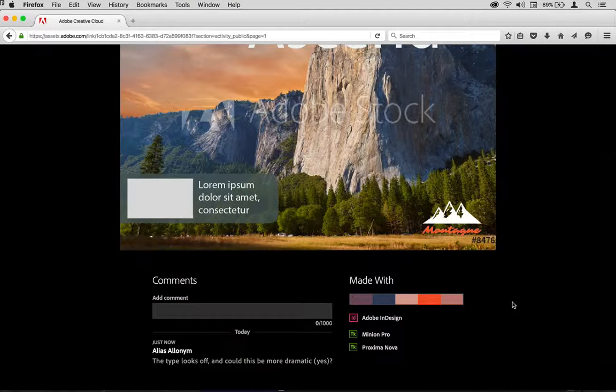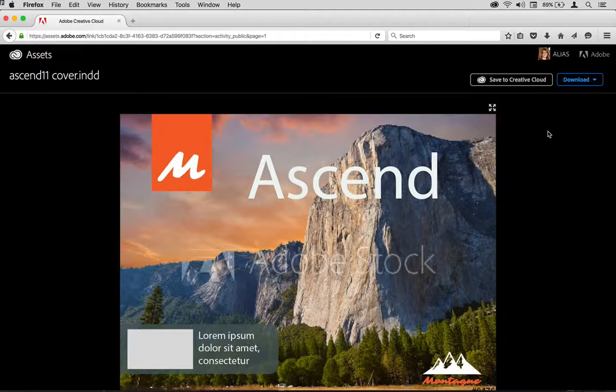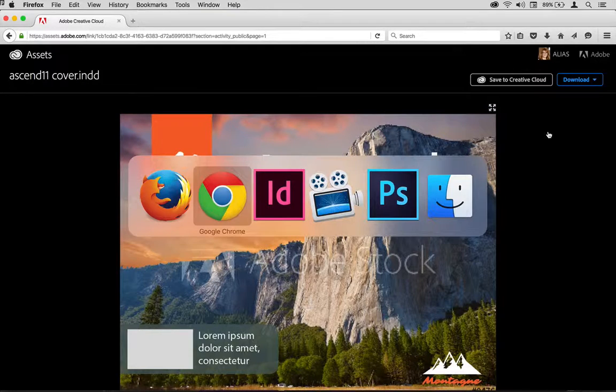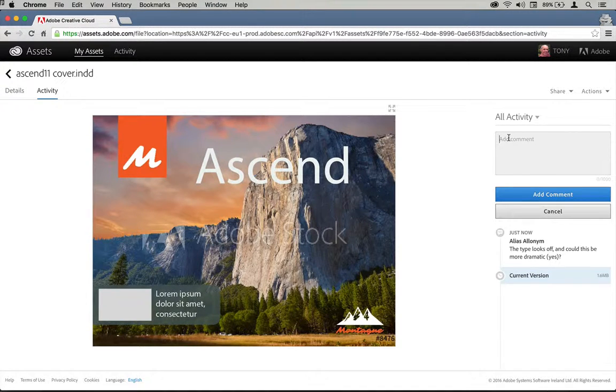So if I click this, you'll see that goes up to Creative Cloud, and now I've had the comment that's arrived just here to me. And notification has also been sent to my mobile devices where I have the Creative Cloud app. So I'll know when comments have been received. If I now swap back to being me inside of Chrome, you can see there is that comment just there, and I can reply to that and say,